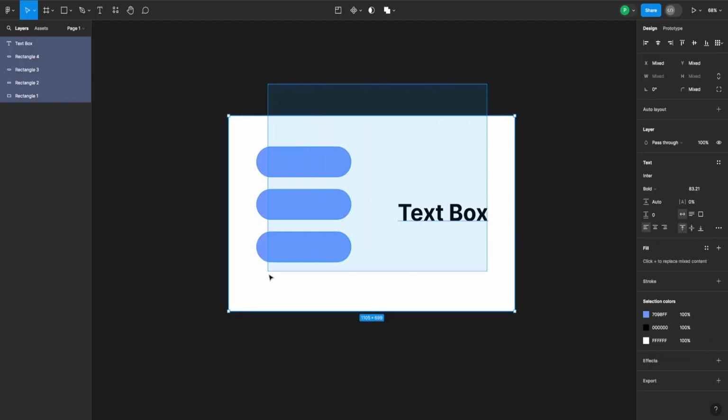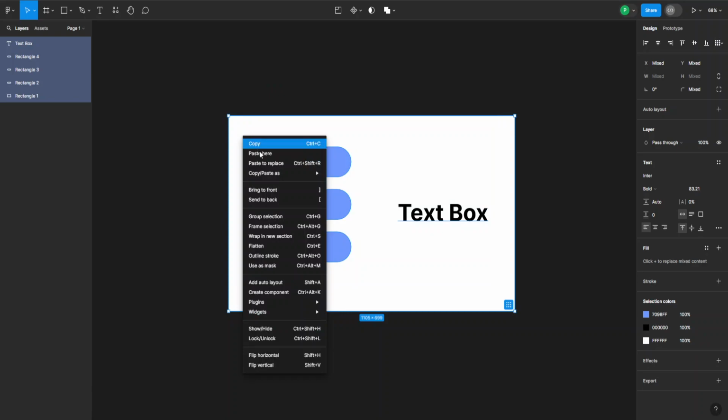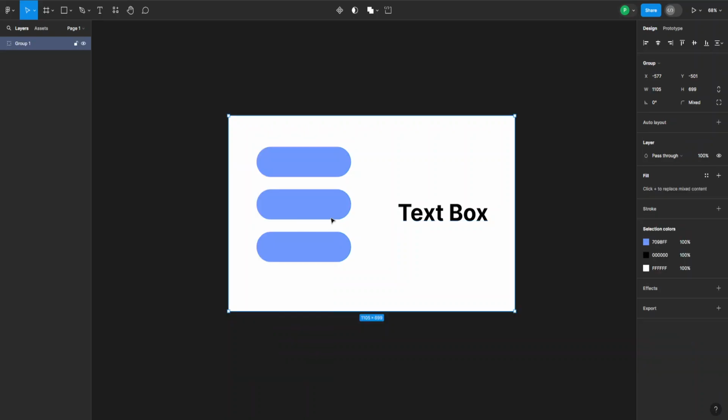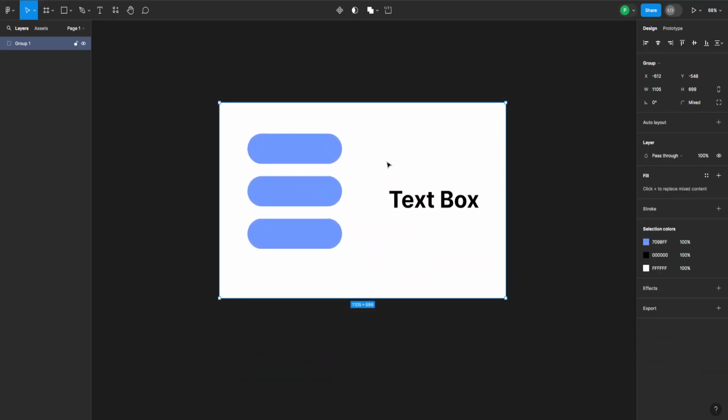We can also select them and group them together by right clicking on them, and you press group selection or Ctrl G, and now you're just in a group without being framed. So that's how you